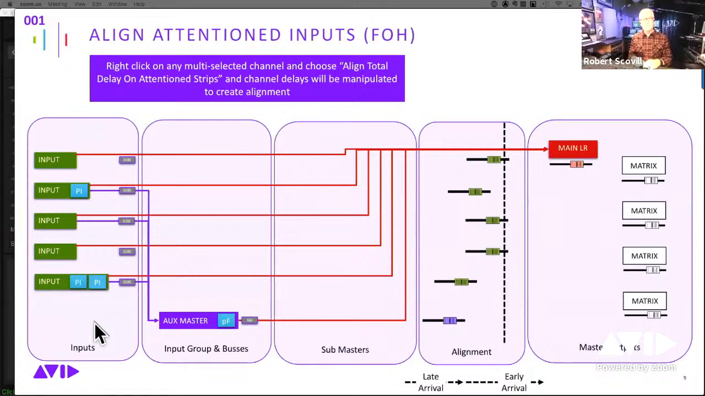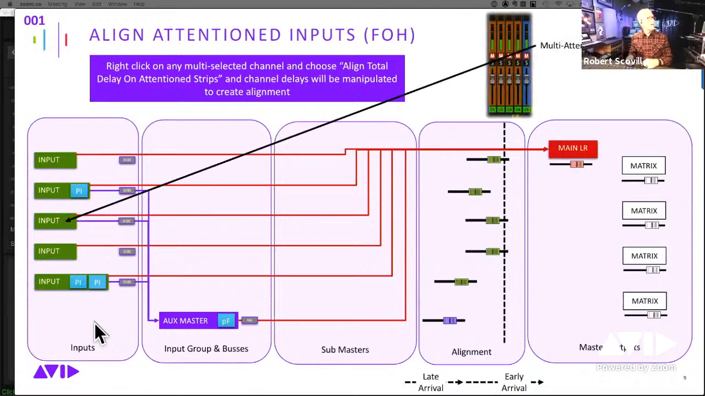And what we want to do is actually align those things up. We just want to manually align those things up. We don't want to increase the buffer on the console in any way. We're just thinking, okay, I just want to take my drum channels and get those back in alignment, right? So to do that in this version of software, you just simply multi-select the channels that you want to